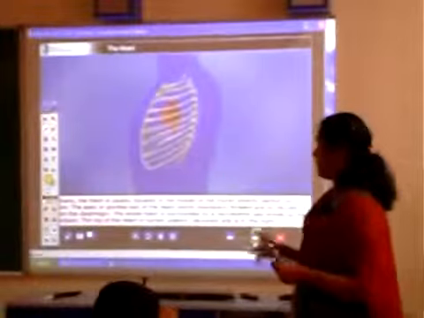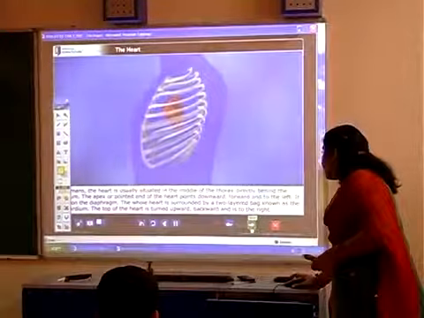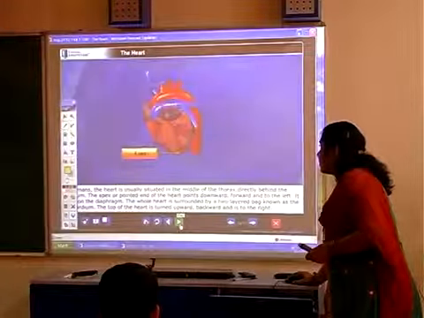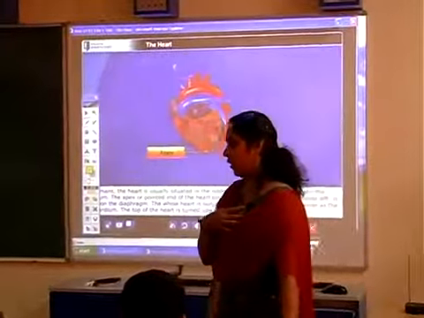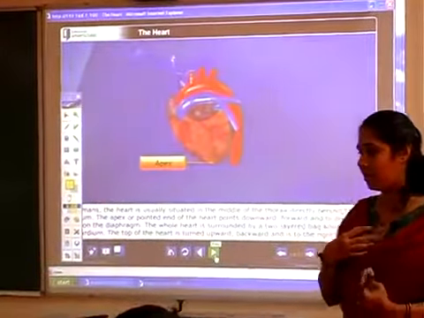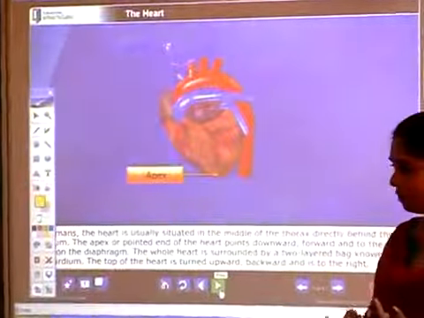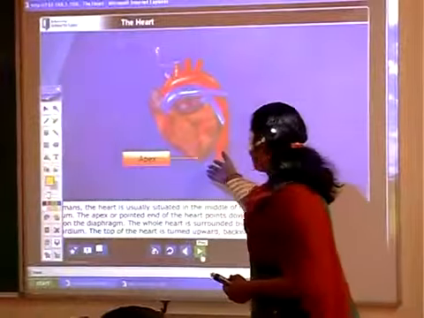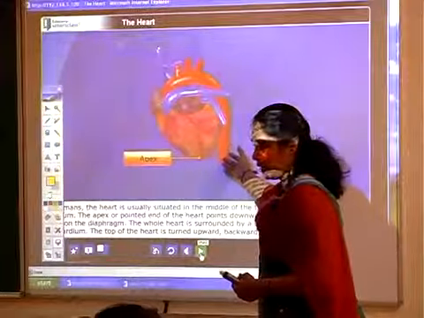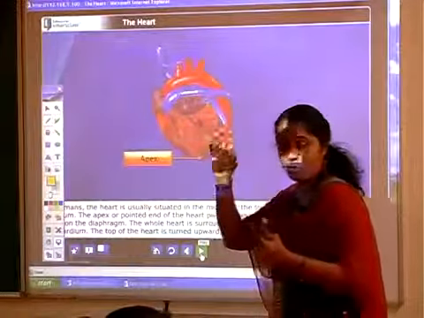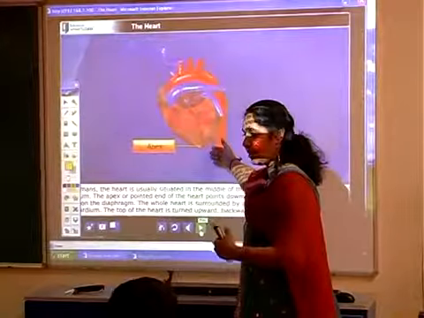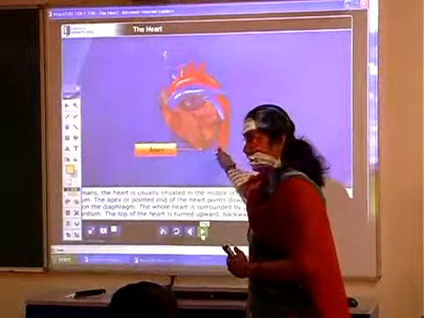Now, if you go to the next slide, we saw the location. The heart is located in the thoracic region, covered by the ribs. We have the diaphragm below, and the sternum on top. So it's protected on all sides by the rib cage, and the apex is slightly tilted towards the left. The apex is not the uppermost part; it is the tip of the heart, which is actually the lower region, tilted towards the left-hand side.